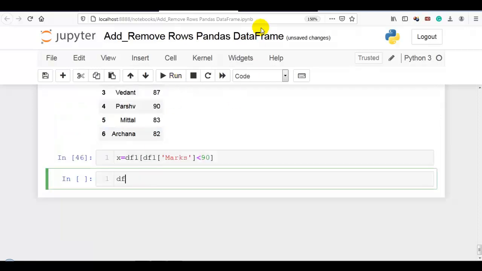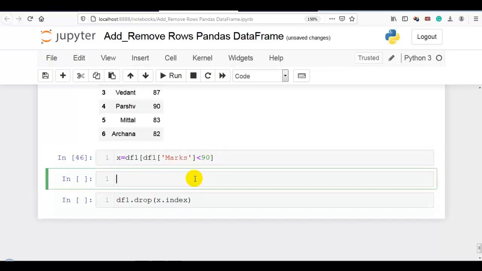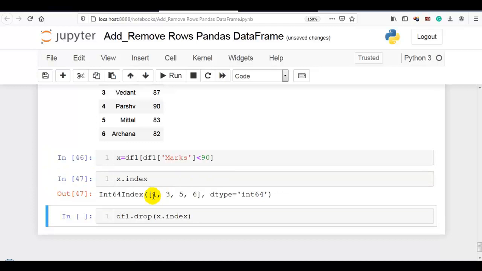To drop it, we have to write df1 dot drop x dot index. So x dot index will consider the index. Now you can see over here, if I write x dot index, it will display the indexes where marks are less than 90. So that I have to pass over here, x dot index. So it will remove index 1, 3, 5 and 6.